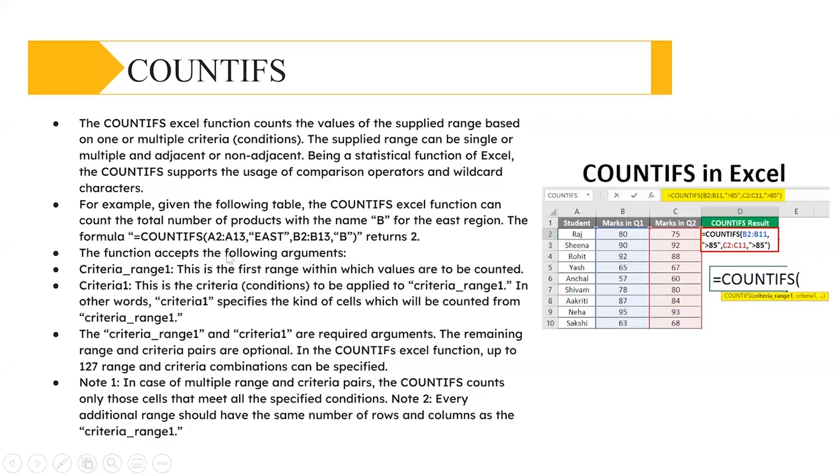The function accepts the following arguments, which are criteria range 1 and criteria, and then you can have again one more criteria range and criteria. Same as SUMIF and SUMIFs. Criteria range 1 is where you put the range where you want to have the match, and criteria is the value you want to match. In the CountIFs Excel function, up to 127 range and criteria combinations can be specified. In case of multiple range and criteria pairs, CountIFs counts only those cells that meet all the specified conditions. So every additional range should have the same number of